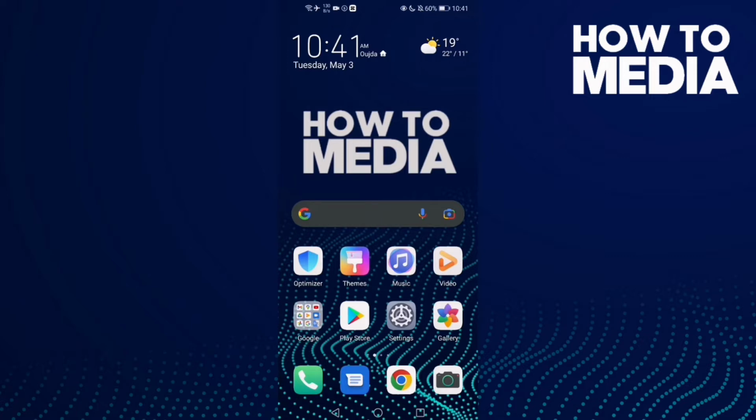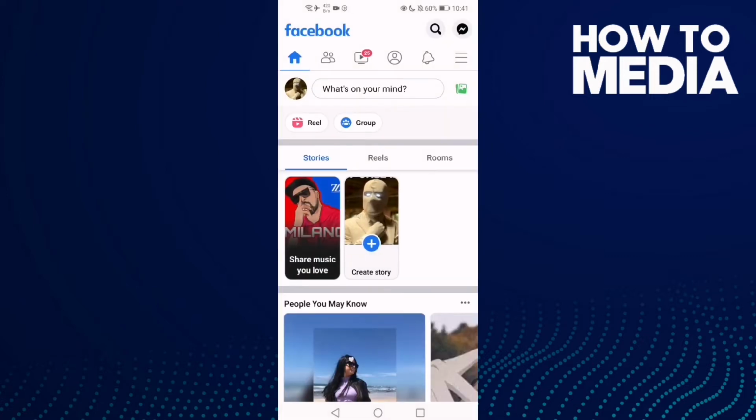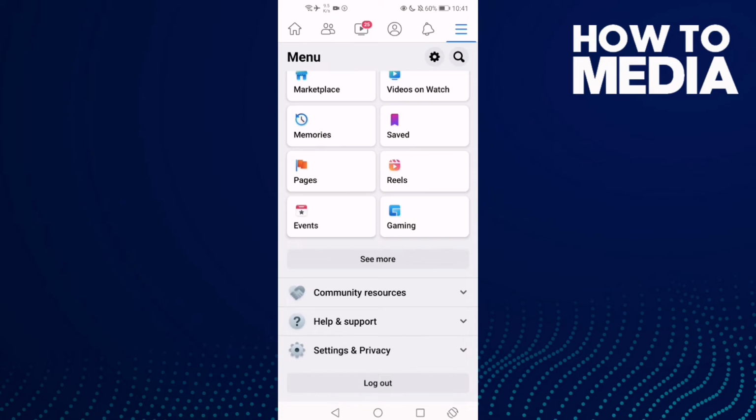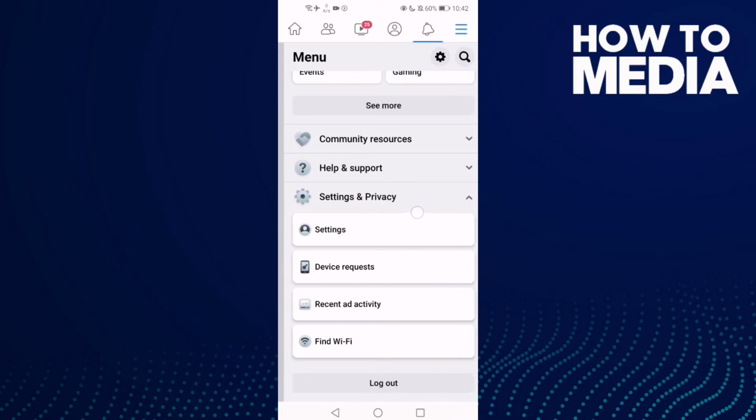First thing you're gonna do is go to Facebook, and then just click these three lines here in the top corner and go down until you find settings and privacy. Click on it and then click settings,